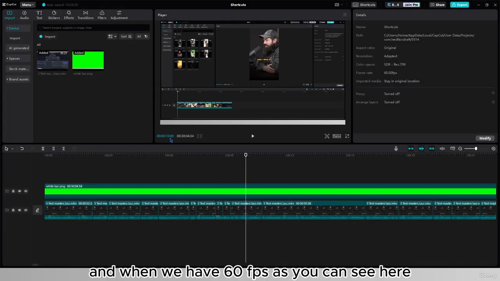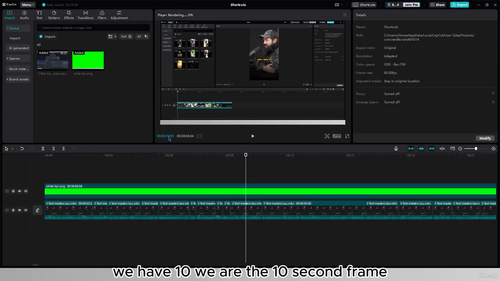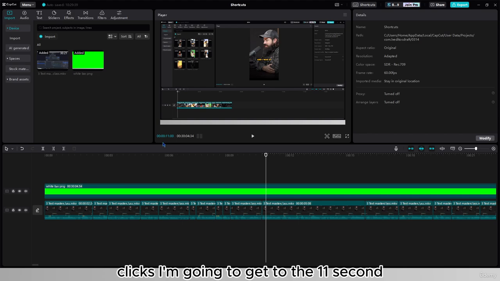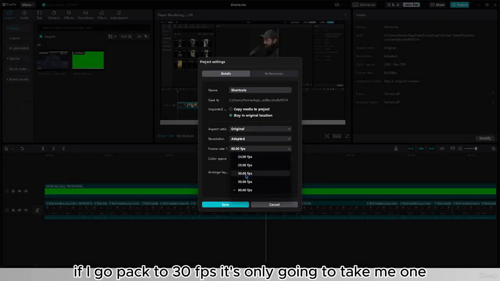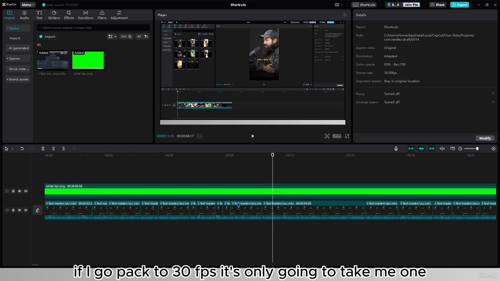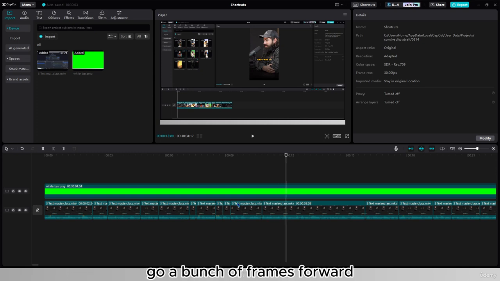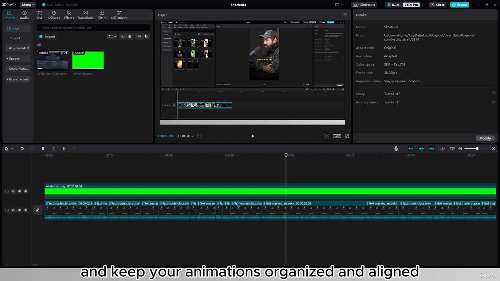And when we have 60 FPS, as you can see here, we are at the 10-second frame. And if I go 1, 2, 3, 4, 5, 6 clicks, I'm going to get to the 11th second. If I go back to 30 FPS, it's only going to take me 1, 2, and 3 clicks. I really love this feature because it allows you to go a bunch of frames forward and keep your animations